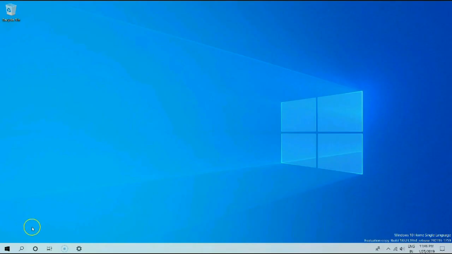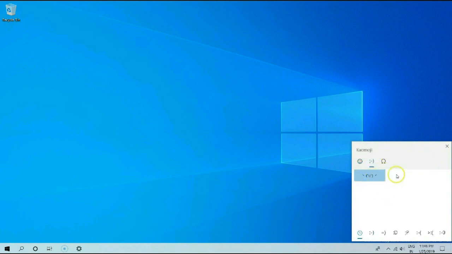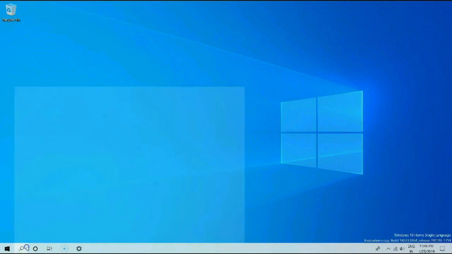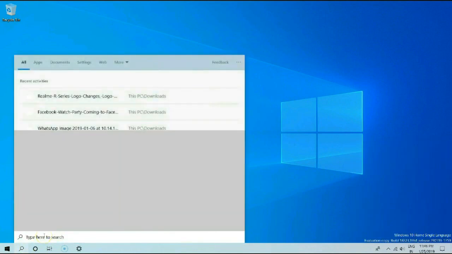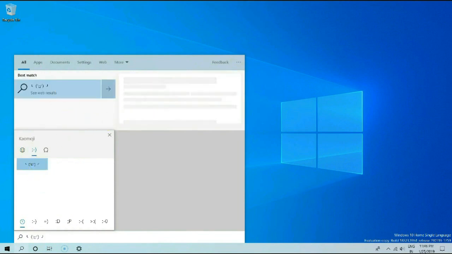One more thing coming along with the next update is the emoji panel. Another cool addition is the combination of Windows plus period button. Pressing that brings up the emoji selection panel. From there you can access multiple emojis. Microsoft has also added support for kaomoji and symbols. You can access them directly from your emoji panel. Isn't that cool? There are Hindi words as well added to symbols.